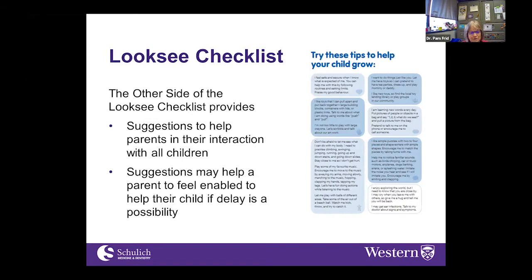And then the other nice thing about the LookSee is that it's two-sided. So when you print it, you can make two copies. So, for instance, this is the 18-month one. And so the parents have answered the questions for, can their child do this or that at 18 months? And then the other half is a handout that's meant for the parents to take home with suggestions on how they can work on improving their child's development between now and the next time you would see them. And we can all give great anticipatory guidance, but it's always helpful for parents if they can have something to take home that they can read in the future.